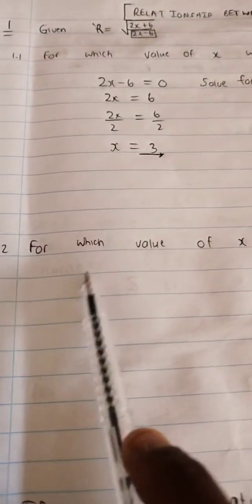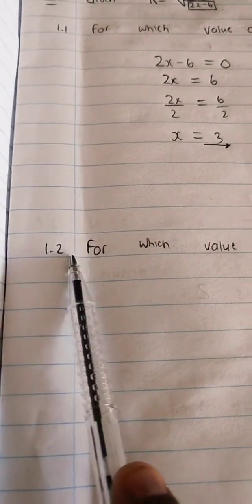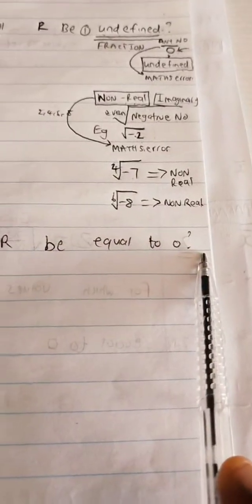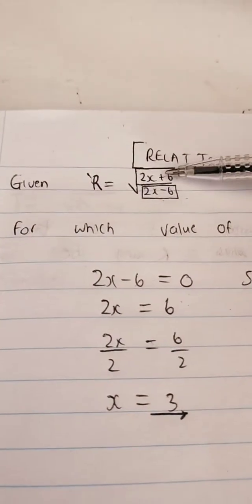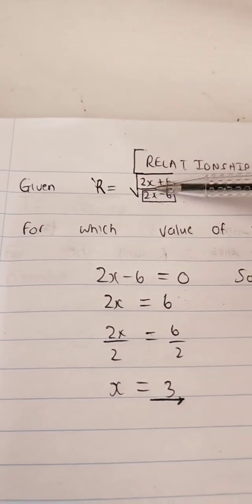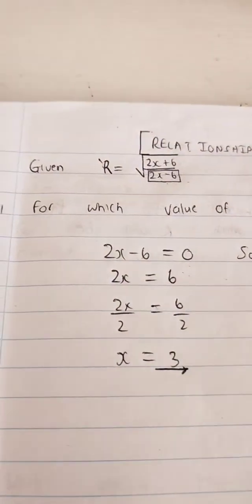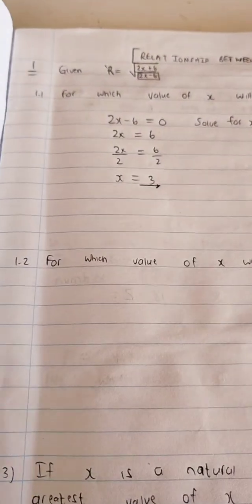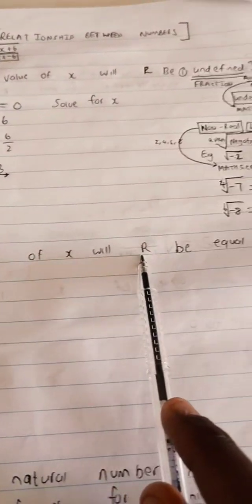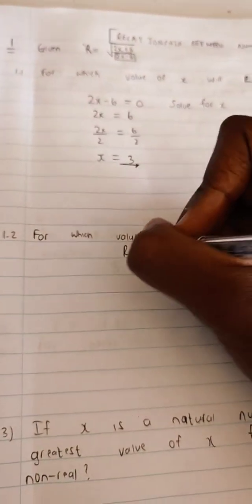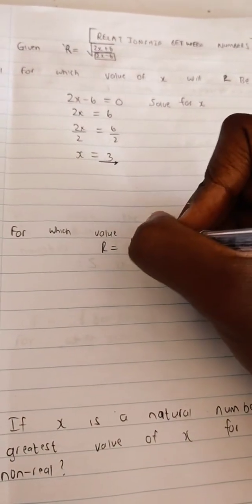Okay, let's move on to the next part. For which value of x will r be equal to 0? I repeat, for which value of x will r be equal to 0? So we want the value of x for which r will be equal to 0. That's quite straightforward, because if they want the value of x for which r will be equal to 0, all we do is write down the expression